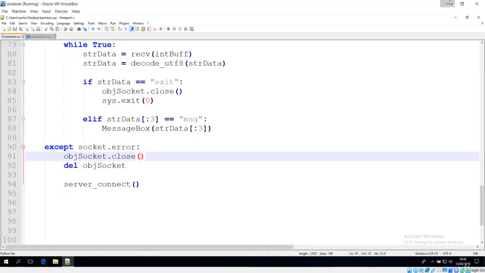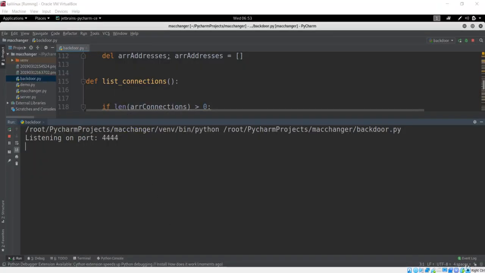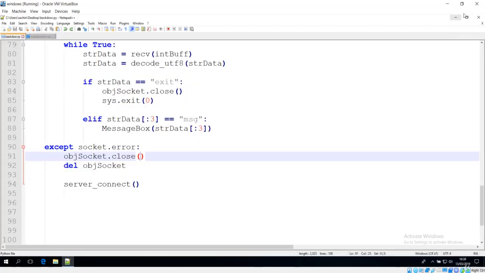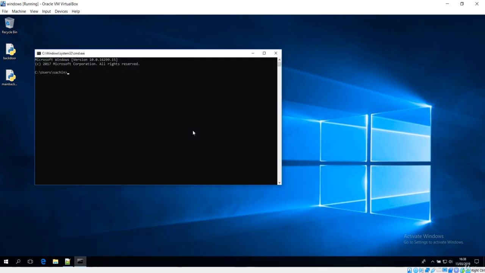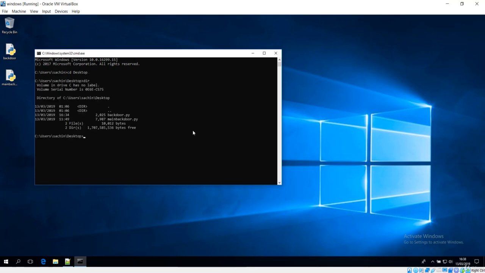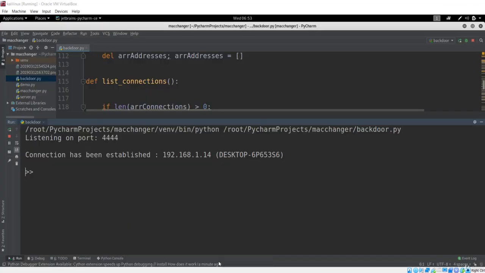Now what you need to do is, okay, I just close it. First of all I'll just close this Notepad++. Let me just run cmd and navigate to the folder, and now if I say dir, I have this backdoor.py file right here. And now I have to use this Python command, and I'll just say python backdoor.py. If I hit enter, it will just run. Good. Let's go back to our Kali Linux, and it will say that the connection has been established.